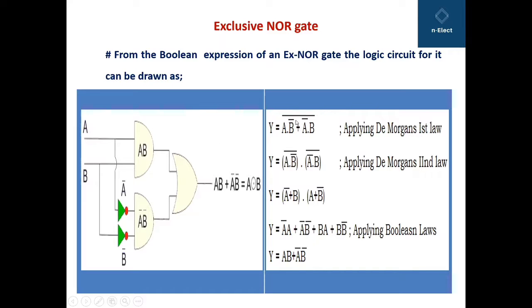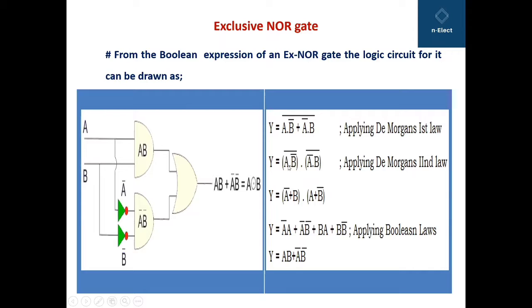Here we will consider the term A dot B bar as A, and A bar dot B as B, and whole bar, that gives A bar dot B bar. So I will get (A dot B bar) whole bar dot (A bar dot B) whole bar. Now to these individual brackets, I will apply De Morgan's second law, which is (A dot B) whole bar equals A bar plus B bar, and here I have to consider this A as A while B bar as B. Similarly here A bar as A and B as B.